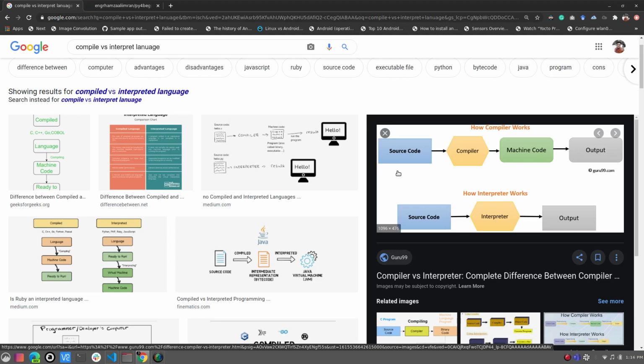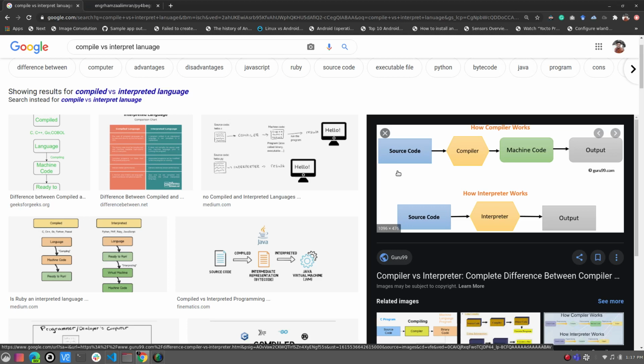So the problem basically is that your computer cannot understand that English like language or English like instructions for doing some task. It understands a special language that's called machine code. That's actually ones and zeros language. So there is an intermediary program that's called compiler. You give your source code to the compiler. What it does is it generates that machine code, which is ones and zeros language, of that source code, so that the computer can run it.